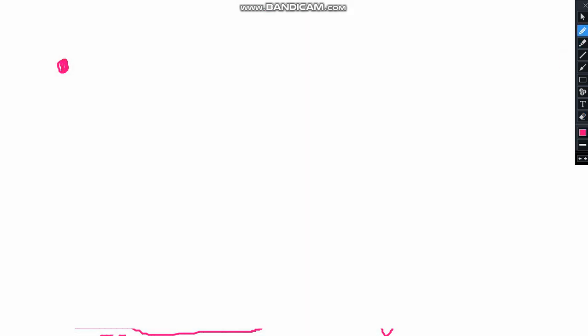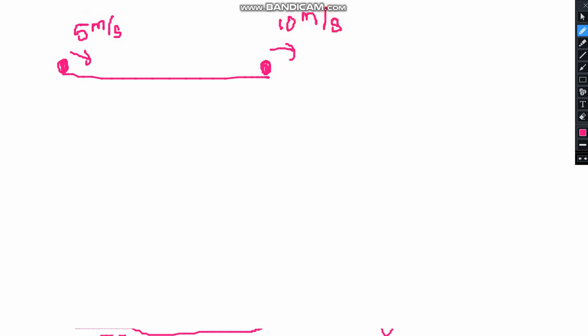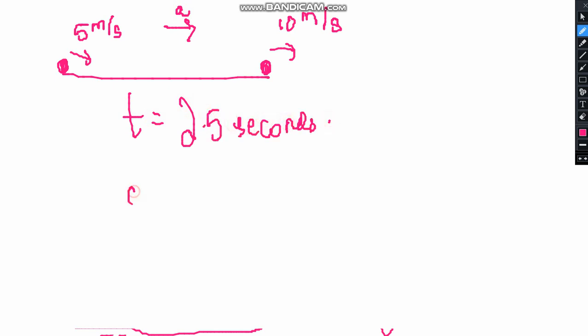Suppose a particle is moving with a velocity of 5 meters per second, which is the initial velocity, and the particle is now moving at 10 meters per second, which is the final velocity. Find the acceleration if the time it takes is 2.5 seconds. We definitely use the formula a equals v minus u by t. What is v? 10, which is the final. So the change in velocity